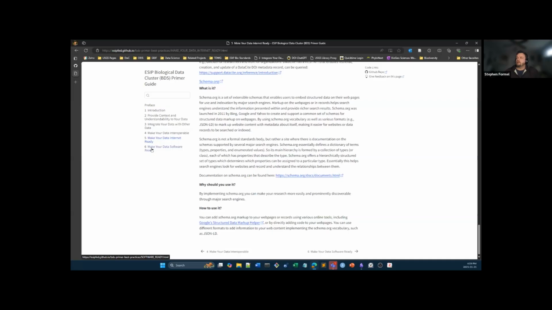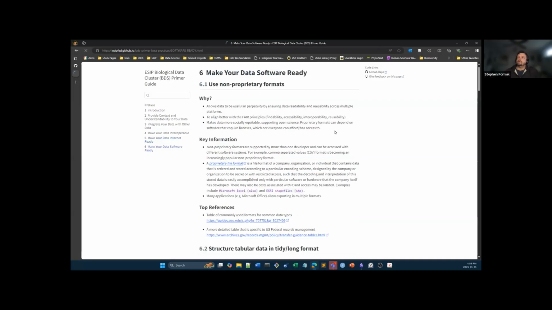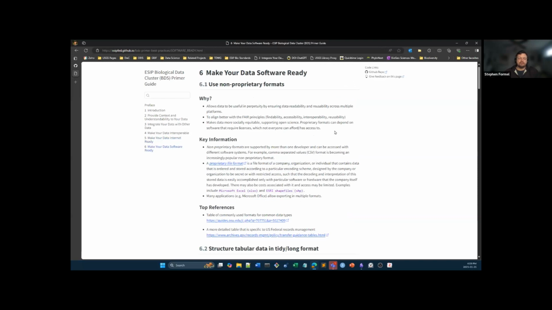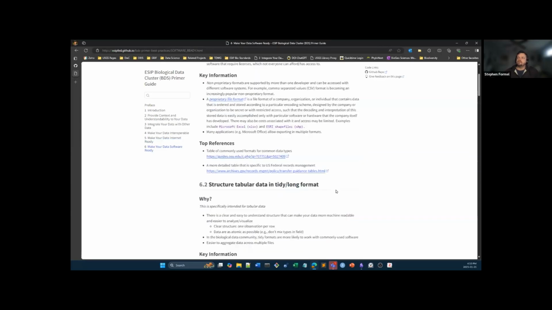Okay, and then the last section I want to highlight is Make Your Data Software Ready. This was actually where we started, because when we talk about data as biologists, we tend to focus on these nitty-gritty things. Oh, use CSV instead of Excel, that type of thing. Are we talking about wide or long data?